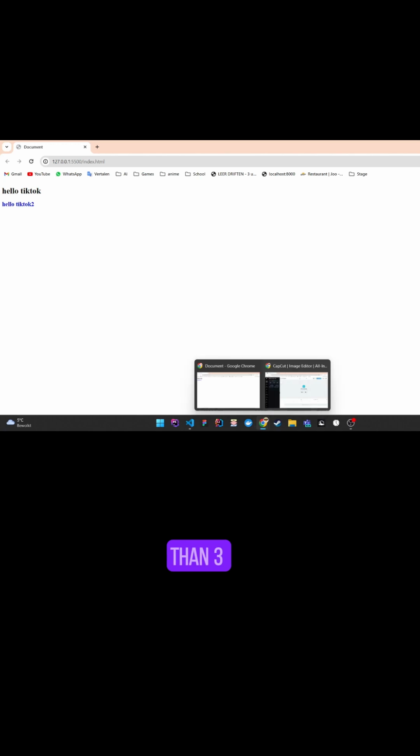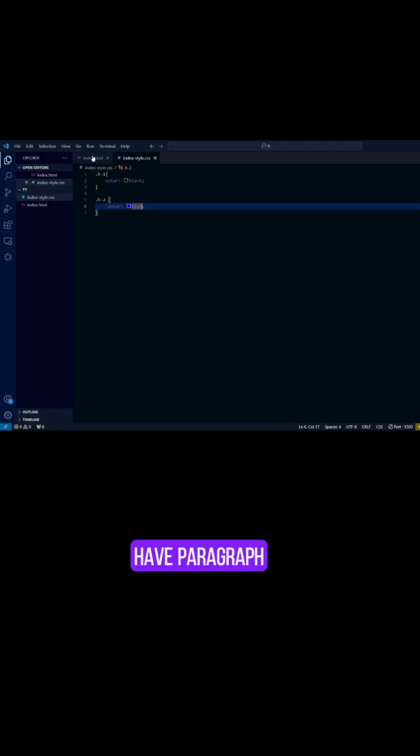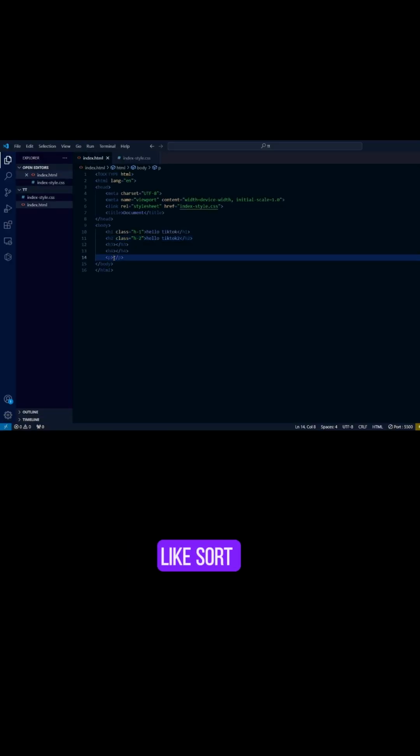smaller than 3, and we have paragraph, and it's also like sort of a text, but it's not used very often. Like it's optional to use. More of the developers prefer to use H1 and H2 and those tags because it's easier to read after a long period of time. Like let's say hello TikTok 3, and we go to the style,